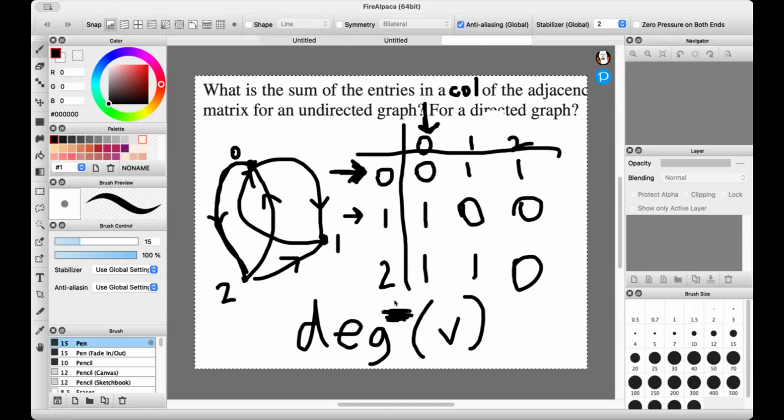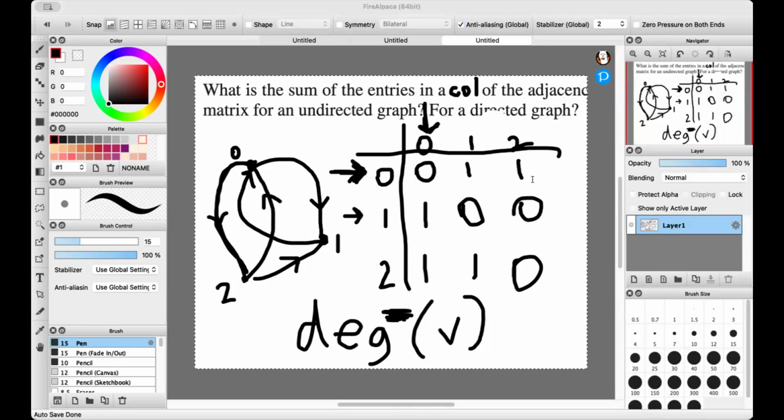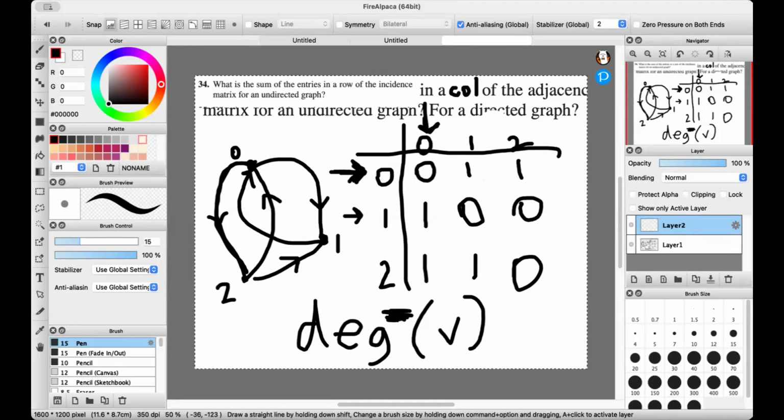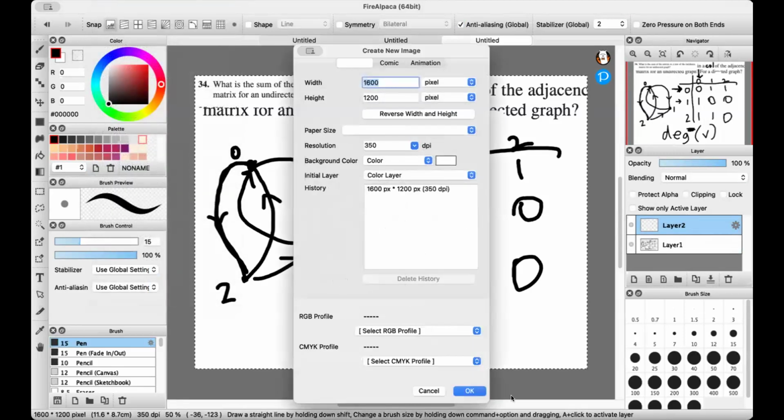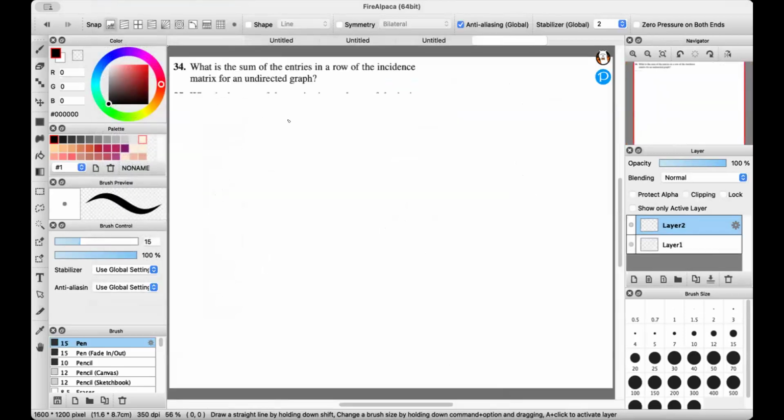Let's see. Next question, 34. I will screenshot this. Okay, so 34 is asking about the incidence matrix. Let me create a new canvas again. So, incidence matrices,